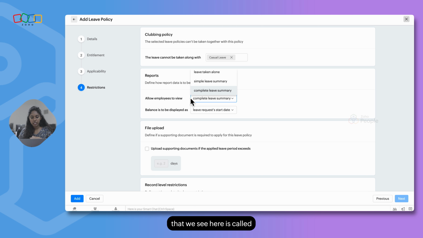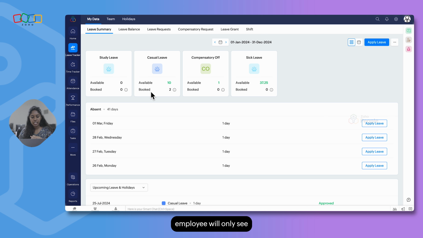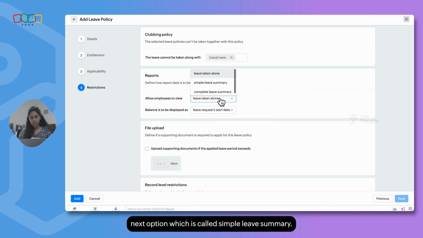The first option that we see here is called leave taken alone. When you go with this option, leave taken alone, the employee will only see the option called booked. They will not see the available balance in their leave summary page. Then there is the next option which is called simple leave summary.